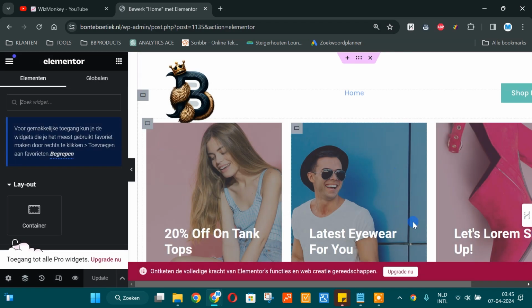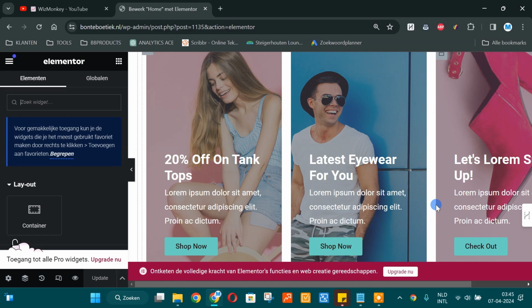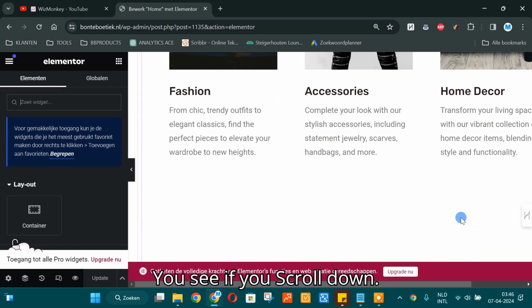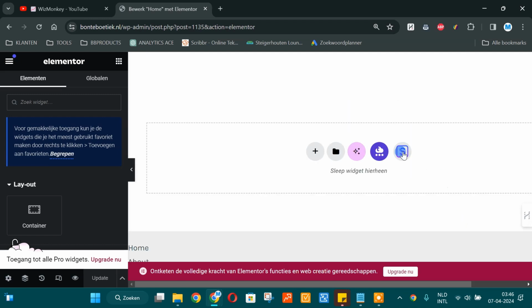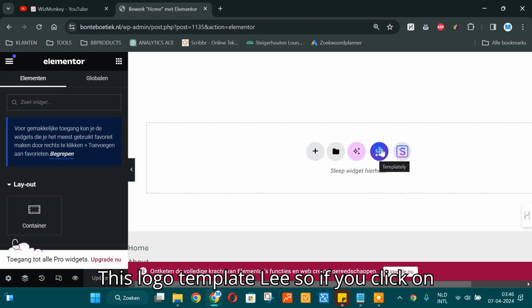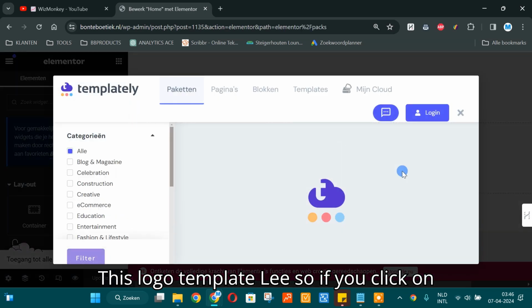Okay, then when you go back to your site and you click on Add with Elementor, you will see, if you scroll down, this logo, Templately. So if you click on it,